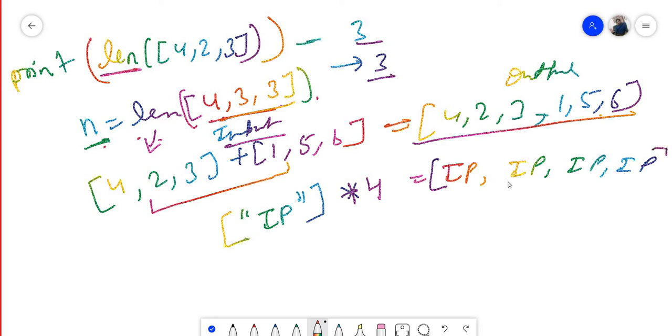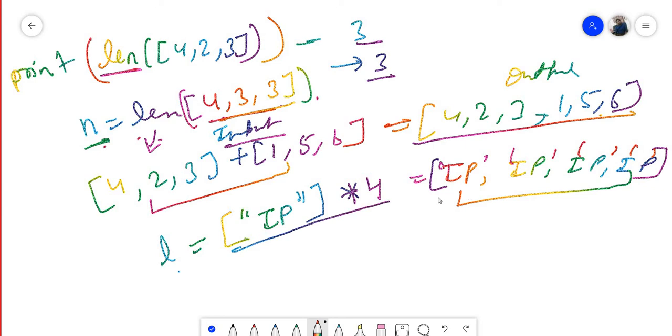The list will be in this manner. A single element multiplied by 4 will create 4 elements in the list. Suppose you write L, then IP into 4 means the output of L is this.